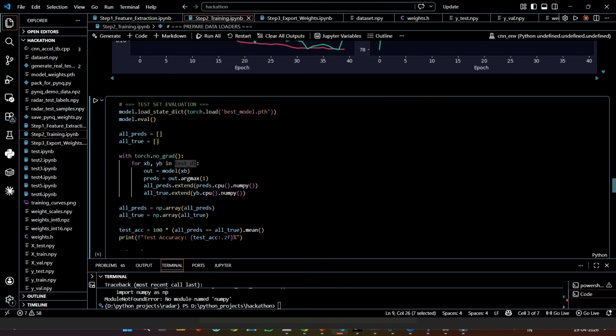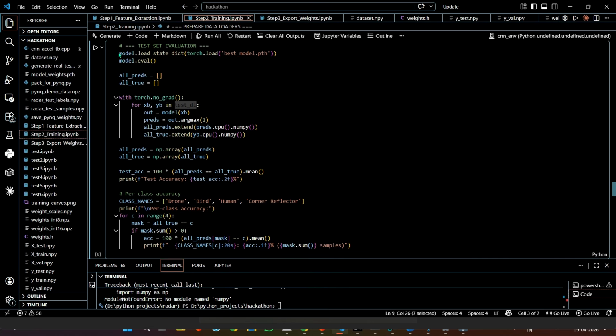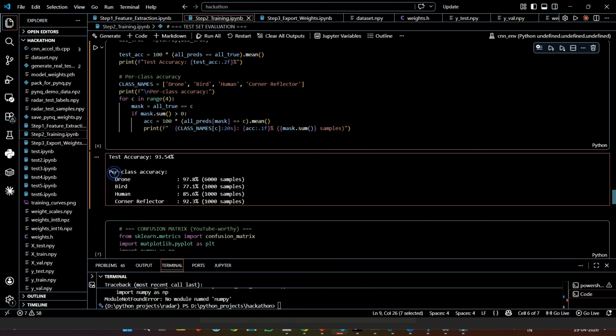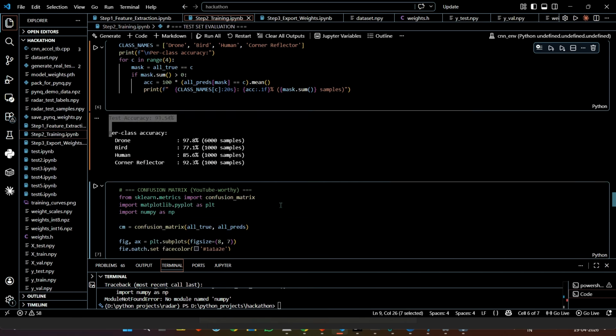Now we'll evaluate the test set, using the test data set and the validation set, and this is the test accuracy we have obtained. It is 93.54 percent test accuracy overall, and this is the per class accuracy, and this is the